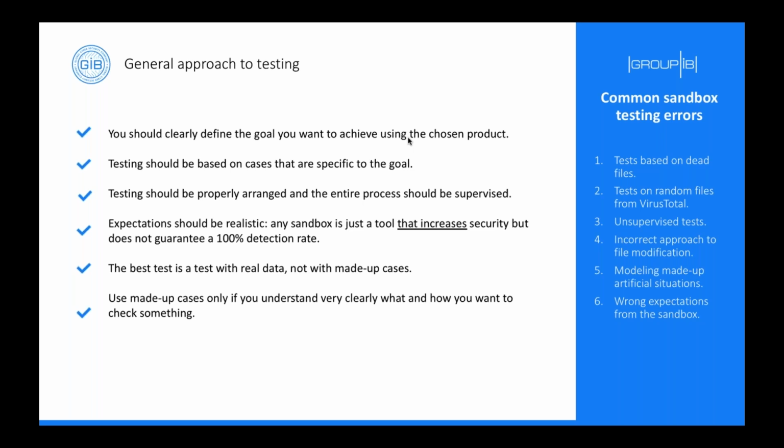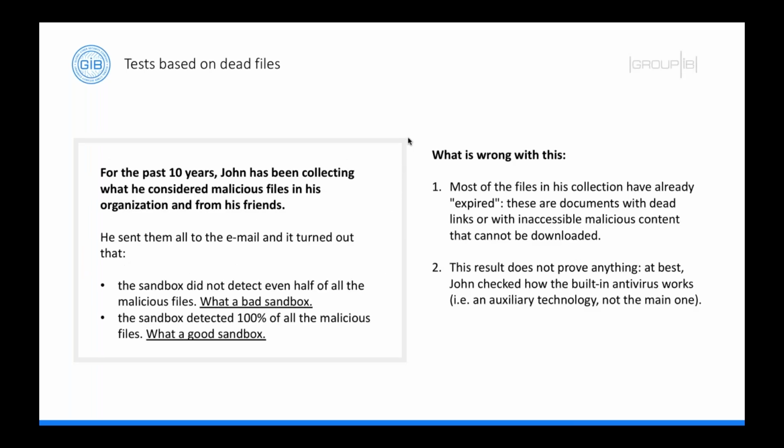You should really understand that: okay, I want to increase the security of my email protection system. Now it's not perfect because antiviruses miss lots of threats, and now I want to deploy a new solution that will block these threats after AV failed to do this. So now I'll go through very common mistakes we actually meet